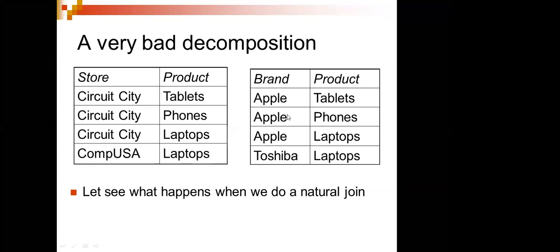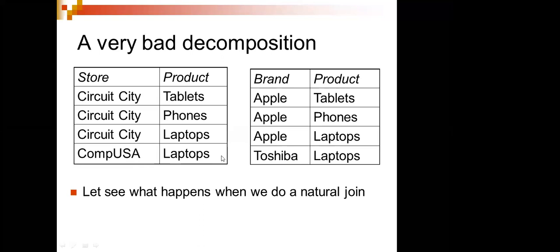When I try to split this, if you see here, what are the products? Tablet, phones, and laptop. Only 3 things are there. But when I'm separating this, I'm writing all the things: tablet, phone, laptop, and laptop. It should not be single; it should be one laptop only. But what is happening here? Laptop is coming 2 times. And when I'm coming over here, the brand is different. So Apple and Toshiba are there. So what am I going to get?